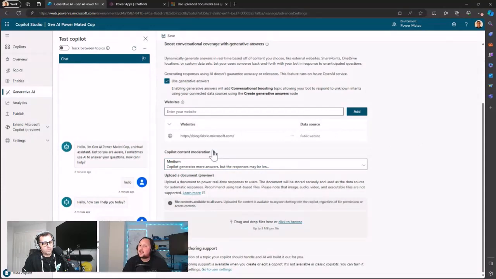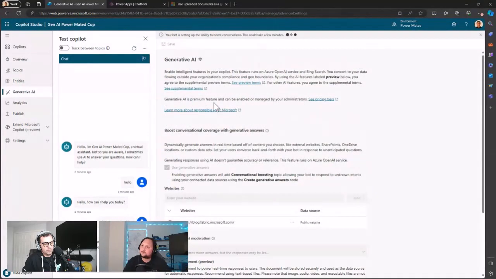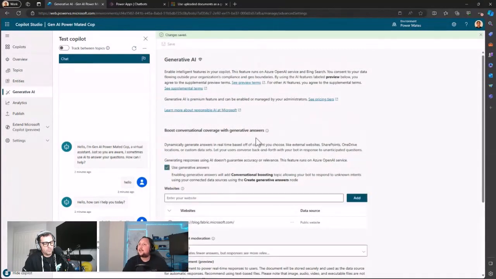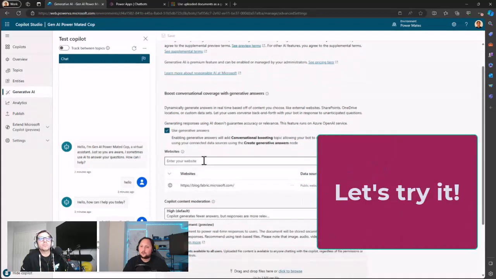Okay, and so here we have added the website. We select the content moderation as medium, so we can just click on save. And after you click on save, after a couple of seconds, your bot is going to be able to answer your questions about